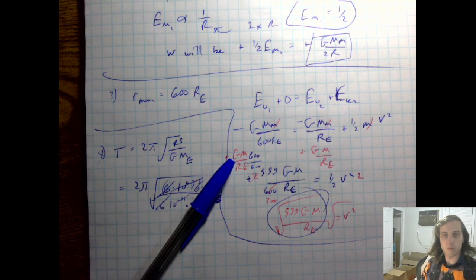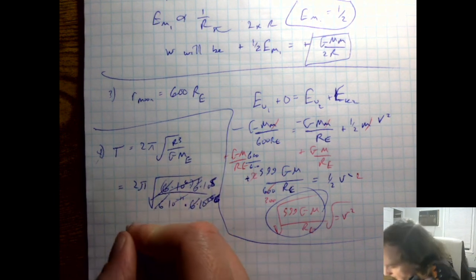So 2 pi times the square root of 6 times 10 to the fifth equals 2 to the 0.5 times 2 times pi, which is going to get us